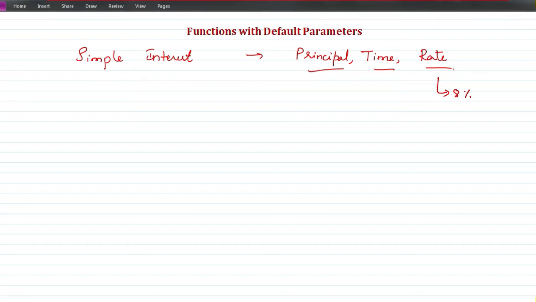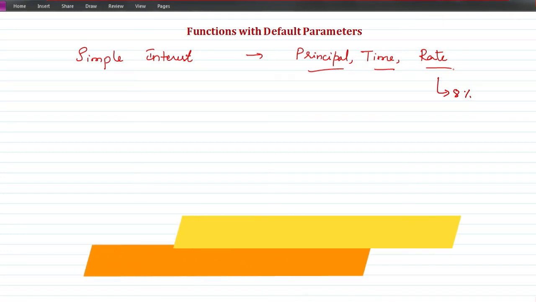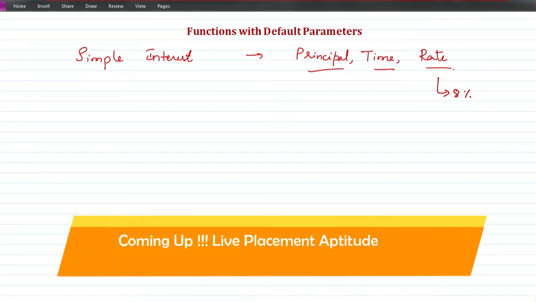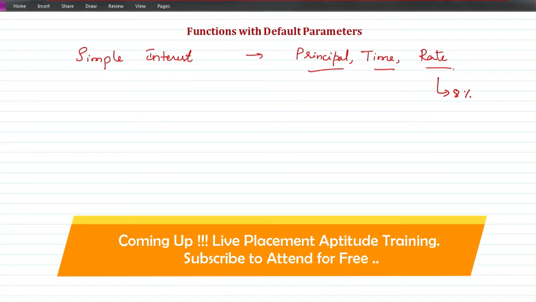When the formula is the same, when the output is going to be the same, you should not create multiple functions. Instead, you should create functions with default parameters. Those variables whose values are constant most of the time, it varies only in special cases. For such variables, give a default value while you are defining the function itself. Then when you are calling the function, if it is a default value, no need to pass it in the function call. If it is not a default value, if it is a special case like 8.5% is issued, 9% is issued, only in that case we will calculate as per the given value. So this is the purpose of writing functions with default parameters.